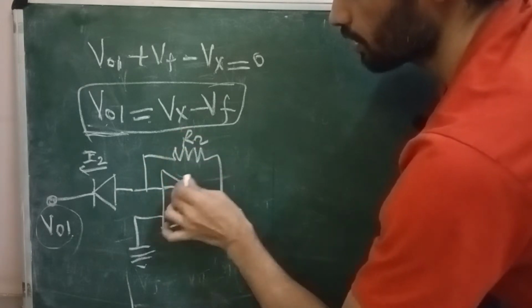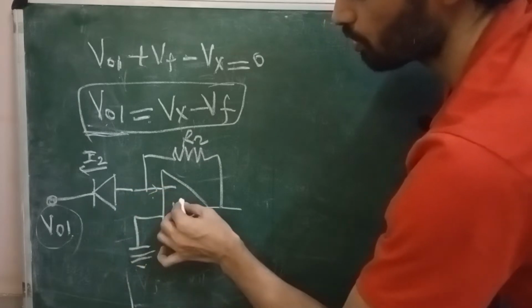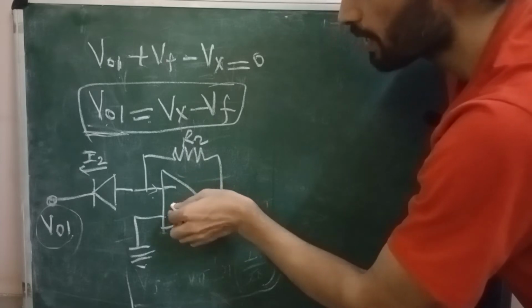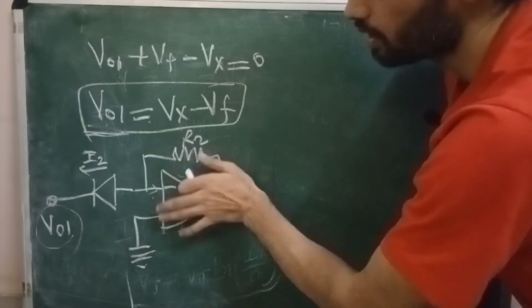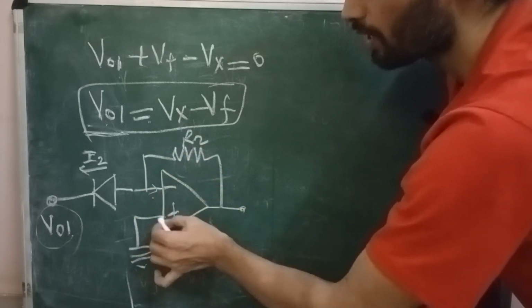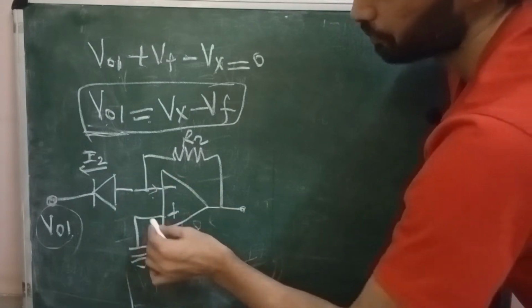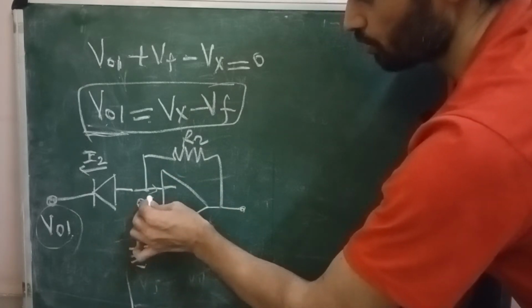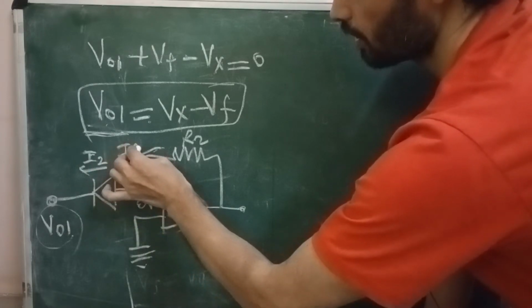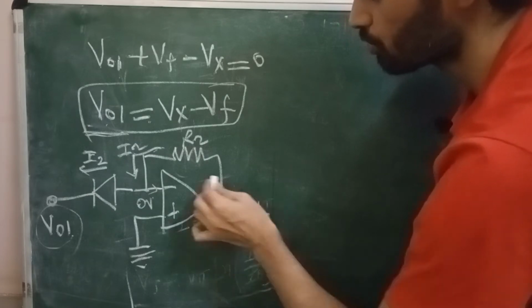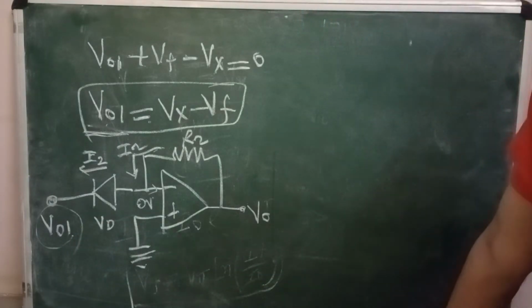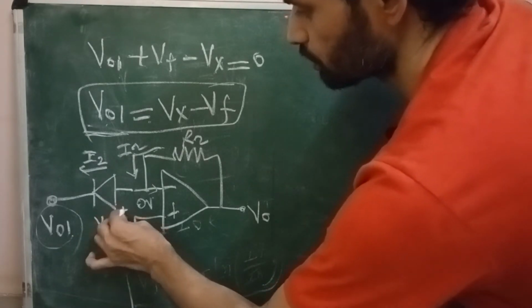The current into the op-amp is 0 because the op-amp is ideal with negative feedback. So always in this type of op-amp, wherever we see an inverting op-amp with negative feedback, the virtual ground concept is valid. So this is 0 volt. The current flowing here is also I2. This is my V0. The voltage across the diode is Vd2, positive and negative.